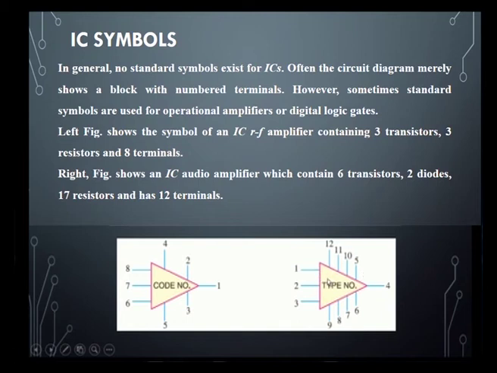Inside this is what we call an abstract symbol or a black box. Inside this will be the integrated circuit, which is having 6 transistors, 2 diodes, 17 resistors and a total of 12 terminals. All these components together will form the IC audio amplifier.